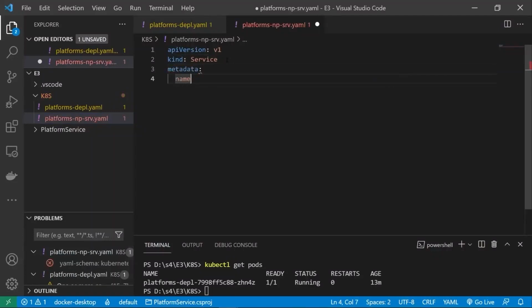And this is really just the name that this service will be known as when we work with it at the command line. So I'm just going to call it platformnpservice-srv. Okay, platformnpservice-srv. Some of these names can get a bit unwieldy, so you have to be really careful that you type them in correctly. And then we specify a spec section, tab in, and the type,